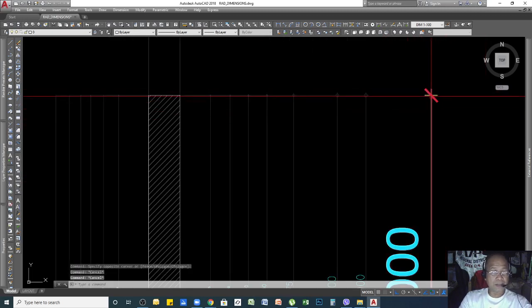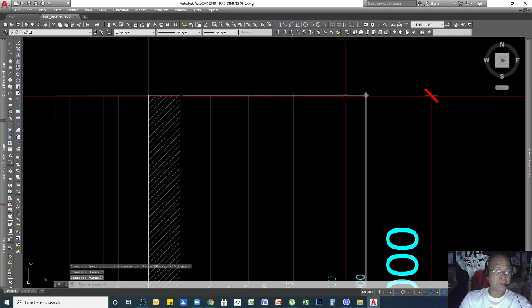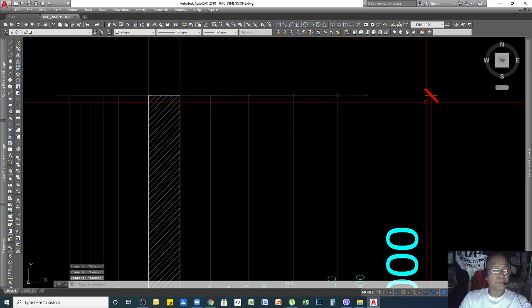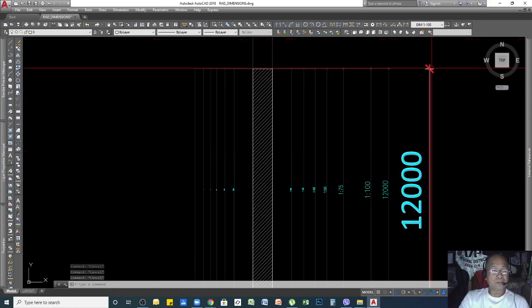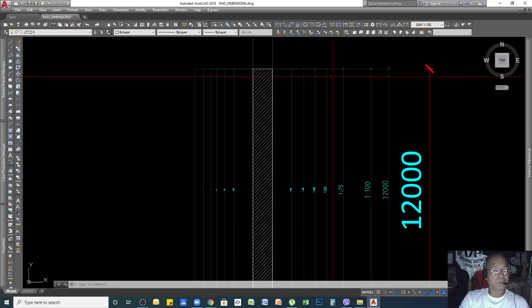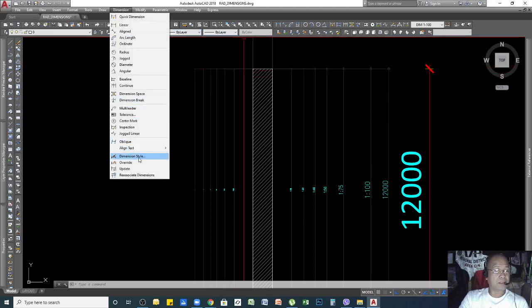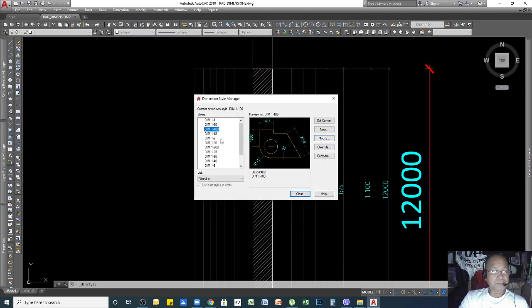Okay, so we have an issue about the extension pointing to our object. So we will check. We will go to the dimension style again. We'll check what is wrong with this dimension.